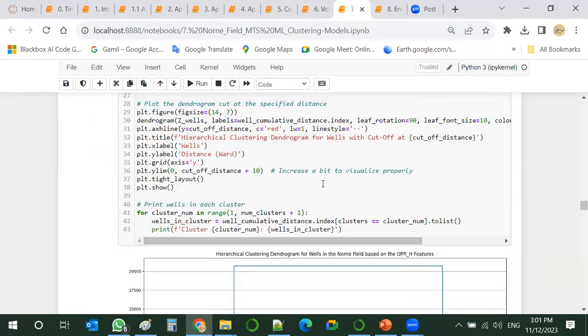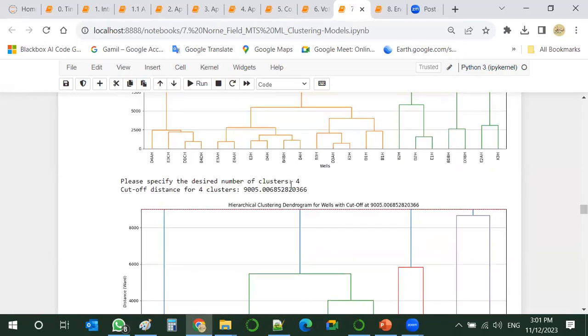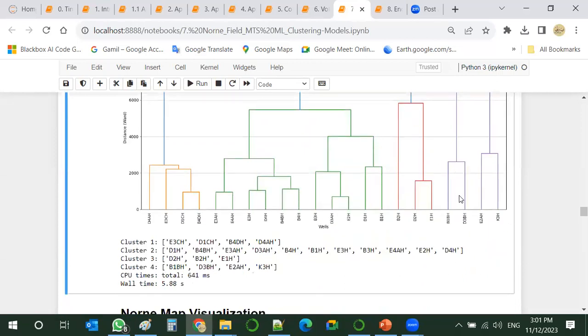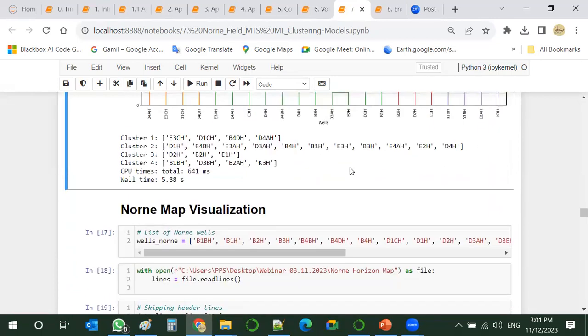This one with 4 clusters will give us this plot, which tells us that these 4 wells are similar to each other, and these are similar, and so on.